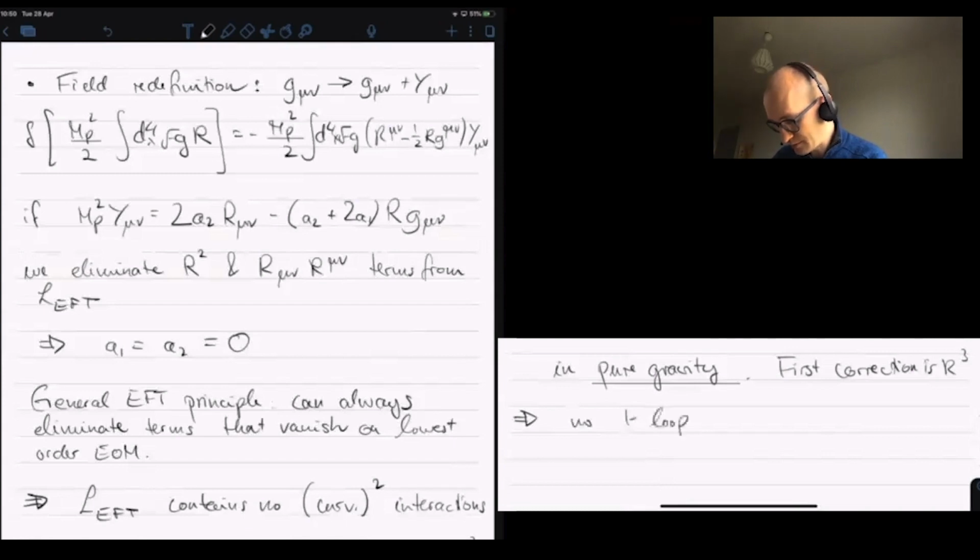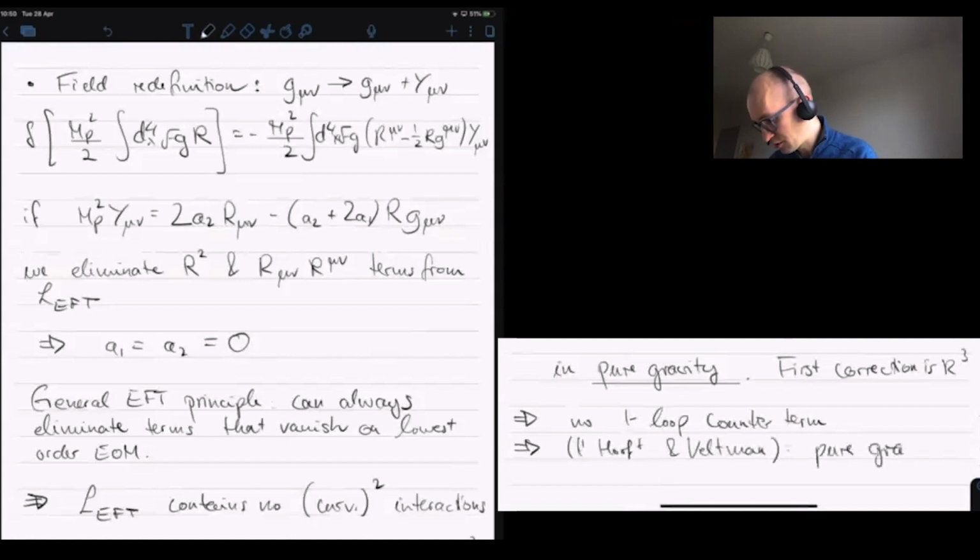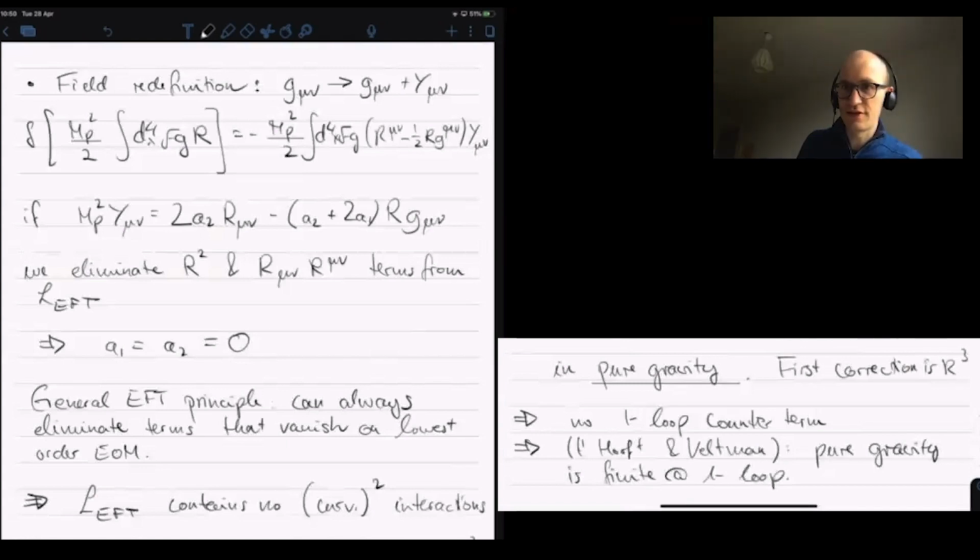one loop counterterm, which is actually equivalent to the statement which has been, in a painful calculation, in some sense predicted by 't Hooft and Veltman. This was before people were using this EFT logic. Pure gravity actually has no one loop divergence, is finite at one loop. So this was at the time an exciting discovery because, you know, one might not have expected this to be the case,